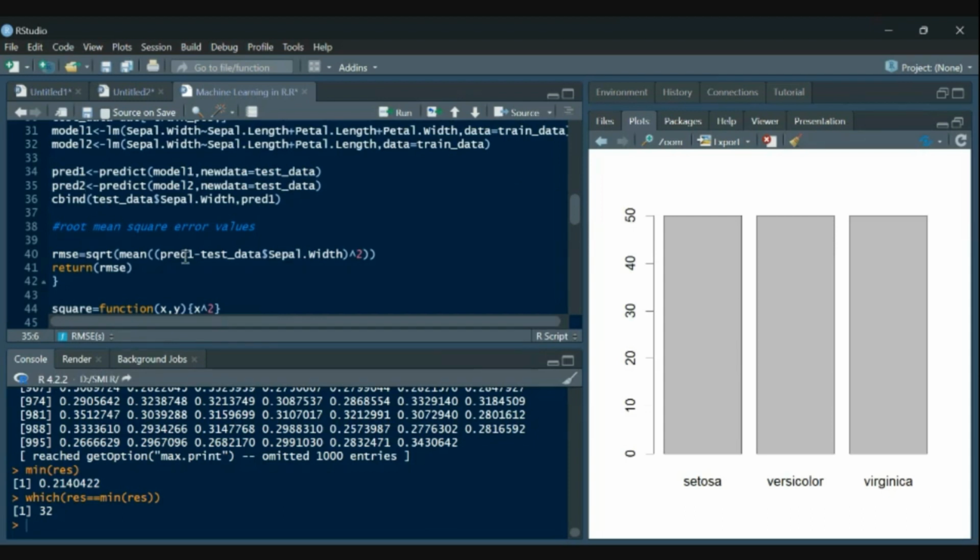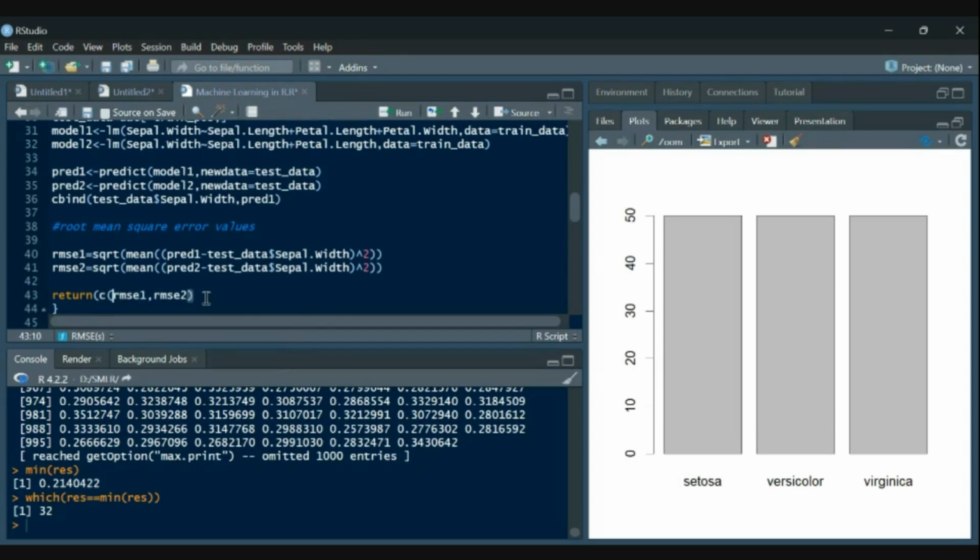Then it is not needed. We need the RMSE values. So for RMSE, this is, let's say, RMSE 1 for model number 1, and RMSE 2 for model number 2. And I would ask R to return both the values, RMSE 1 as well as RMSE 2.